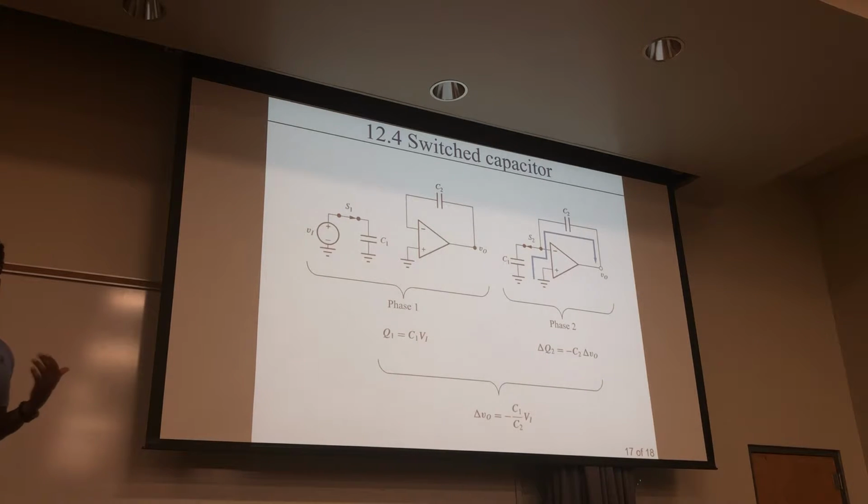So what's happening is that this voltage that's coming out,